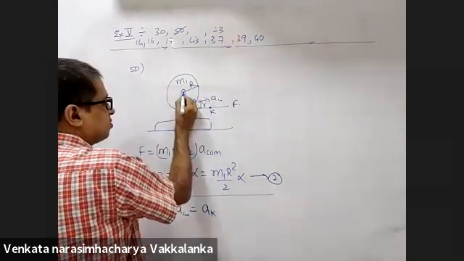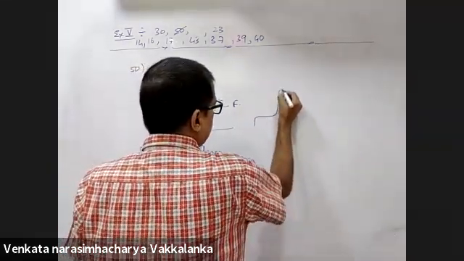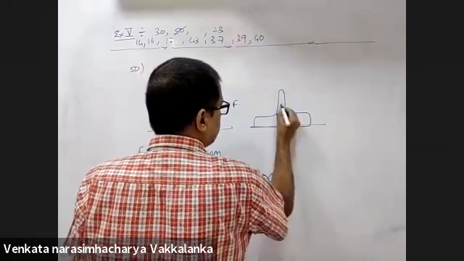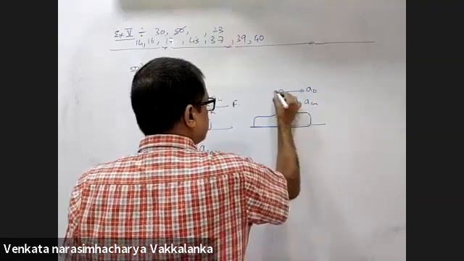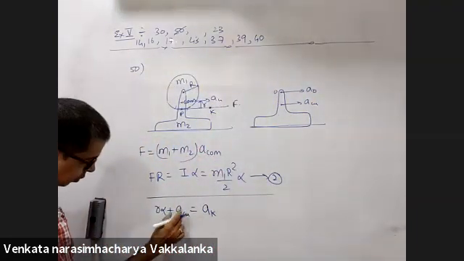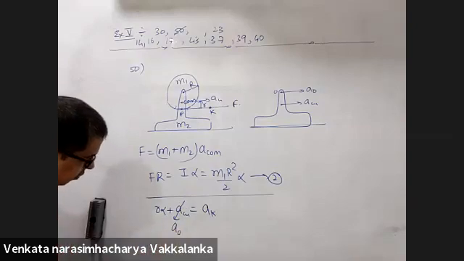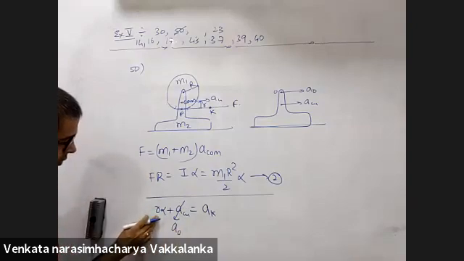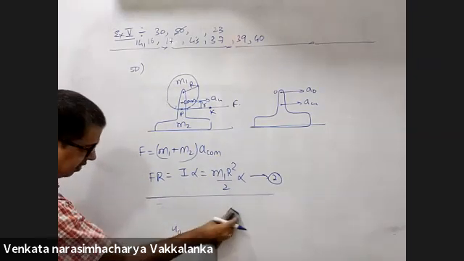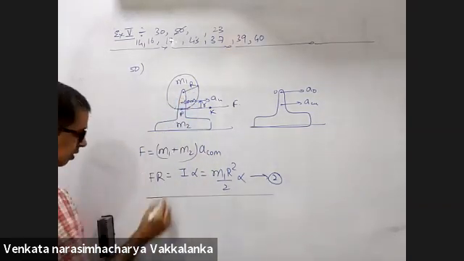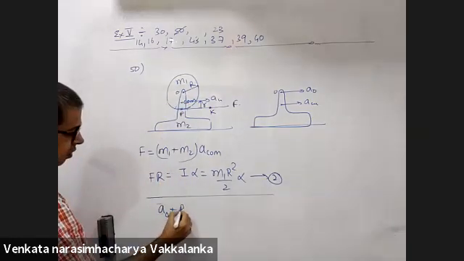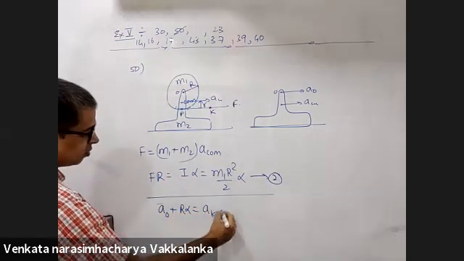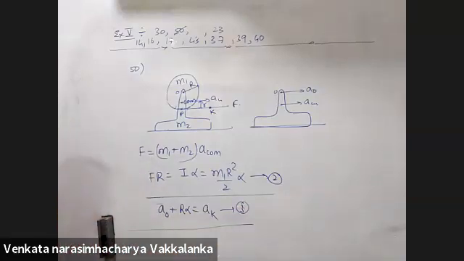The acceleration of the center of mass and the acceleration of the pivot will be the same, because this is in pure translation. Yes, sir. So you will equate this to the acceleration of O. That will be capital R alpha. Fair enough. Then why are we going around this? Don't even consider the center of mass. Acceleration of O plus R alpha is equal to acceleration of K. Life becomes much simpler then.